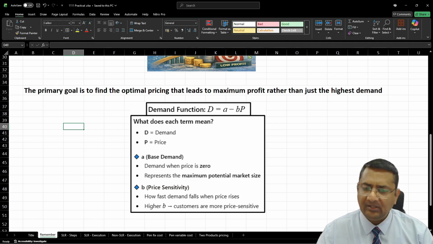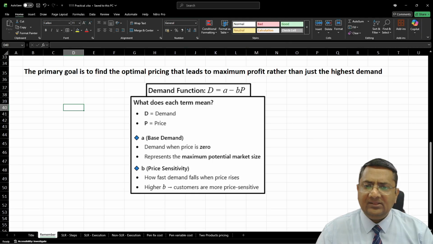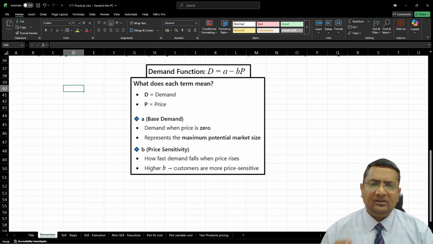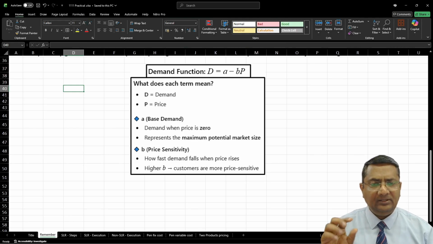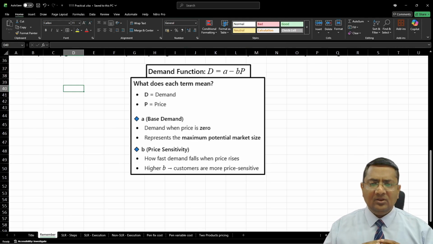So the primary goal is to find the optimal price that leads to the maximum profit rather than just the highest demand. The demand function is nothing but a regression equation. We can say demand is D equals A minus BP, where D is the demand and P is the price. But here you need to understand a little logic. A is the base demand. Base demand means, suppose the price is 0,